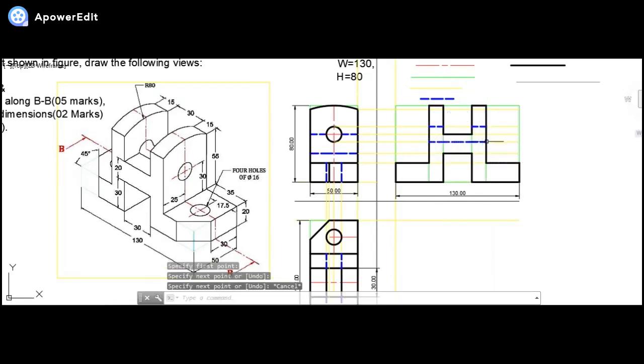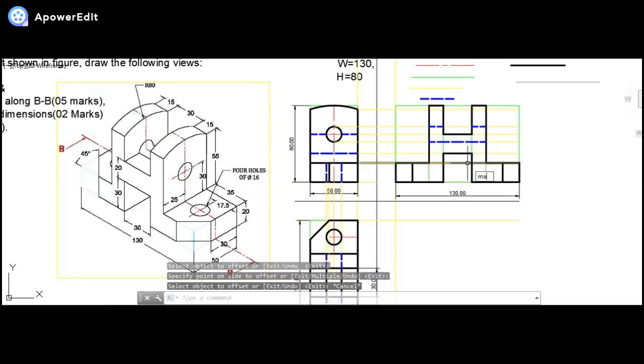Now we are simply drawing this normal LHS view. Later on we will be converting it into a sectional LHS view. So now beyond this, what I feel, now I will be drawing the center line at a distance of 17.5 from both the edges. So from here 17.5, from here 17.5.